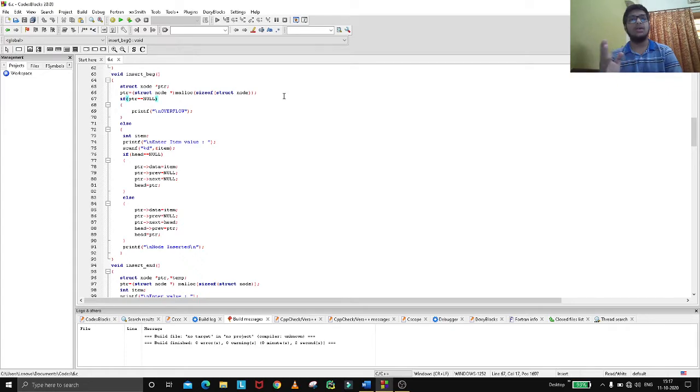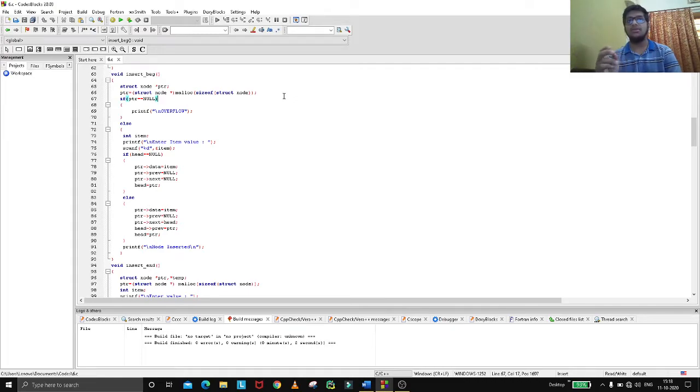assign ptr of data equal to item. Once you have assigned ptr of data equal to item, then assign ptr of prev equal to null, and also ptr of next equal to null. That's how we are creating one node, so one data only. So head will be equal to ptr.